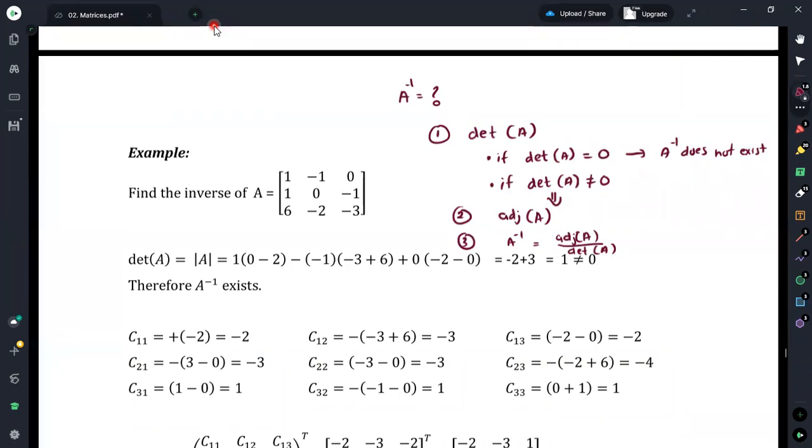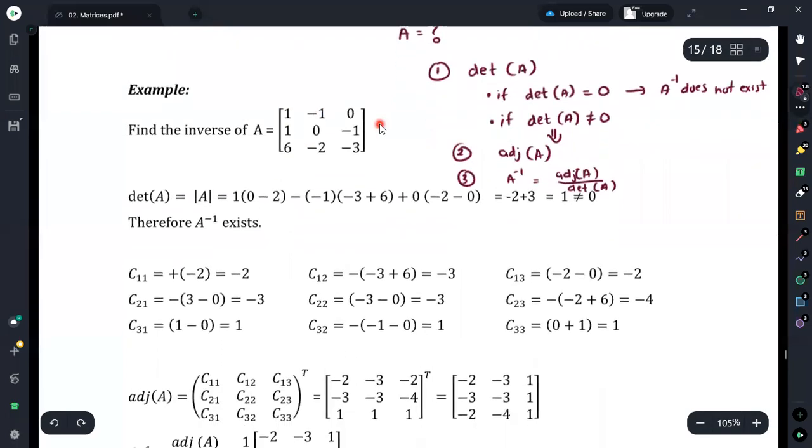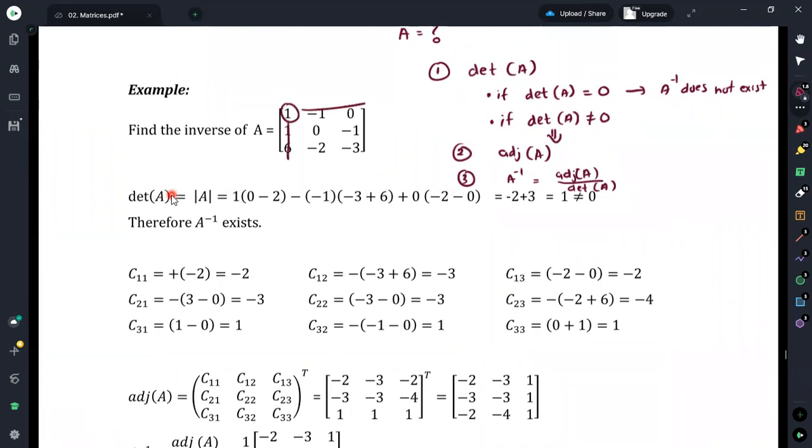Now we'll see how we can obtain the inverse. First, I have obtained the determinant of this matrix. Here, the determinant is obtained using the concept that we have discussed previously. The first row, first column value is used, and then we cut down the row and column, and then take the determinant of the remaining elements. Therefore, the cross multiplication gives this value as 0 minus 2. Minus 2 times minus 1 is plus 2. Then combined with the minus, we get minus 2.